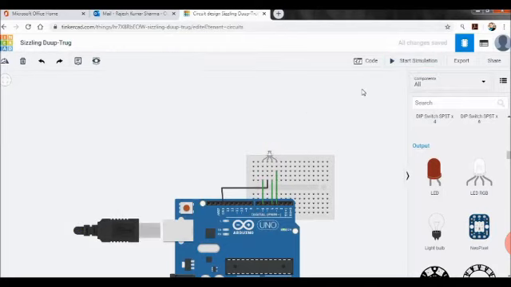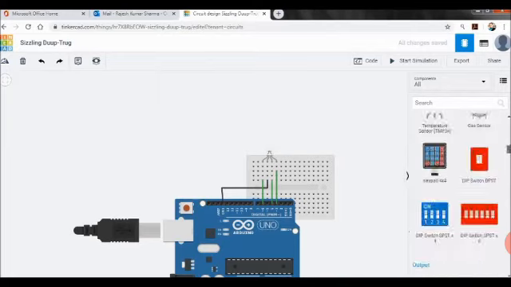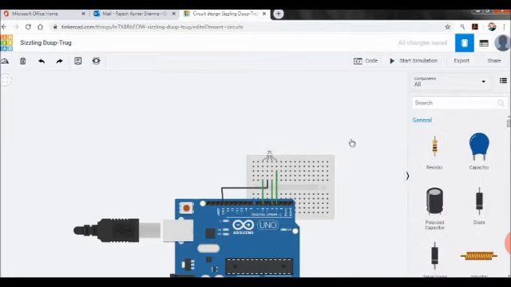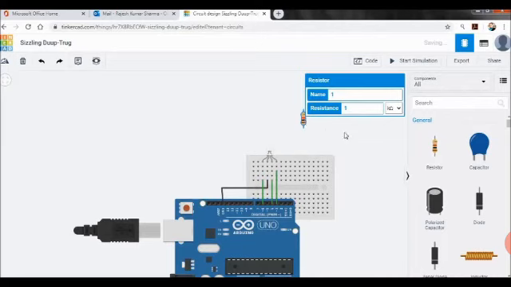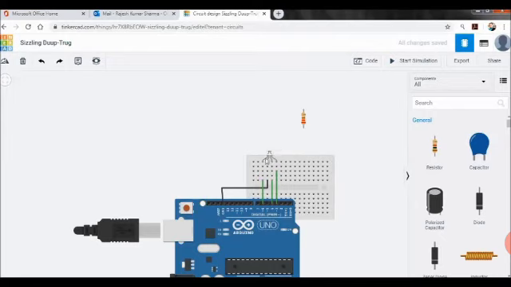So stop the circuit, and we need to reduce the power for the RGB, and for that what is to be done? You need to connect one resistor. So this is the resistor that will finally reduce the voltage, and once you click on this, you can see the value has to be selected. Resistance how much? Resistances are of different values and different units also. So you must select this unit, which is ohm, the omega symbol you can see, and then you can take a value in the 200 to 300 range. So 220 is the best value of resistance to give the proper voltage and current to the LED and RGB. So we have selected the value, and now what is to be done?